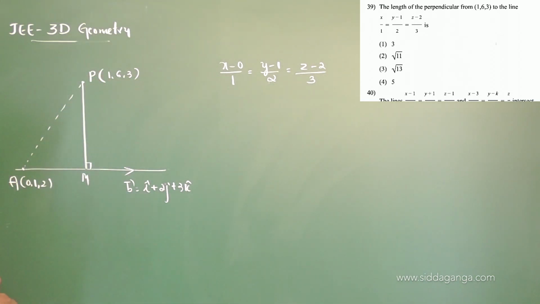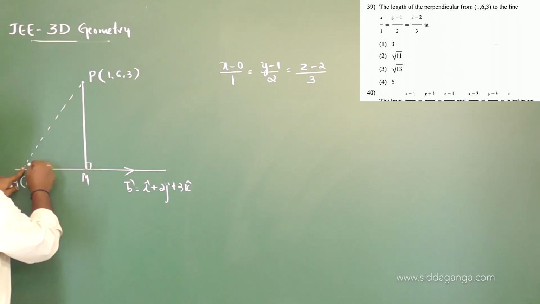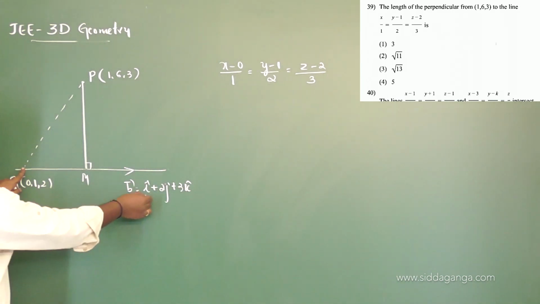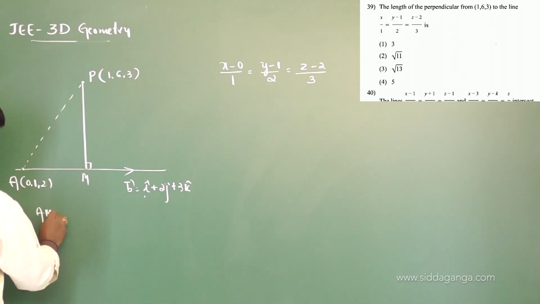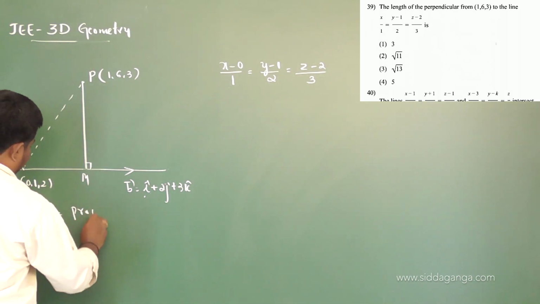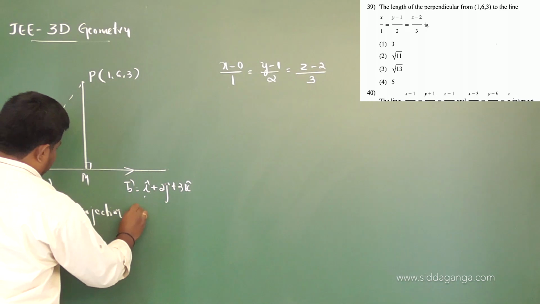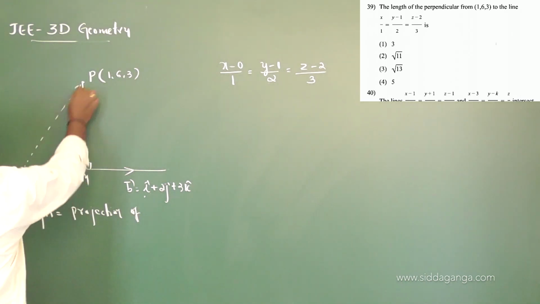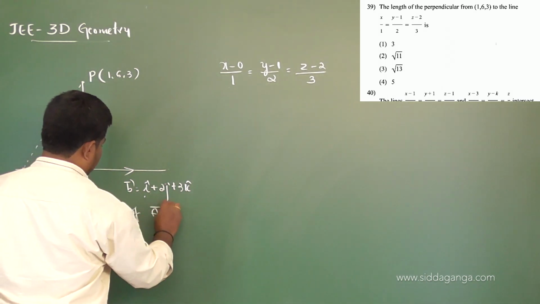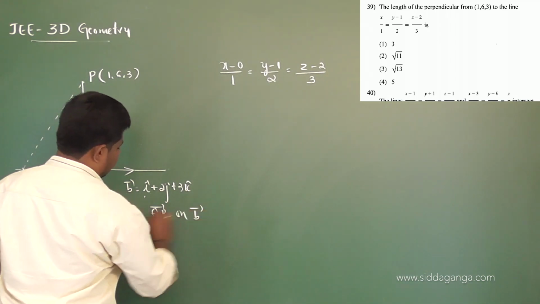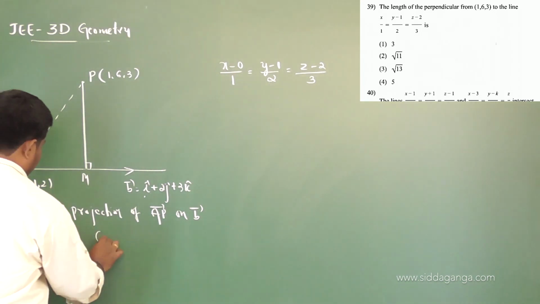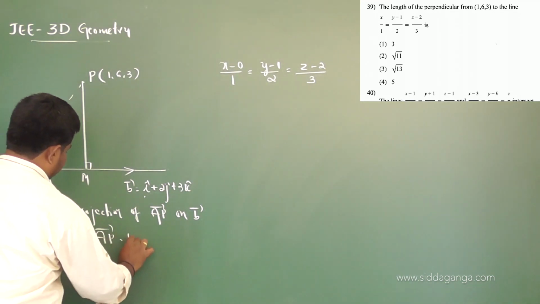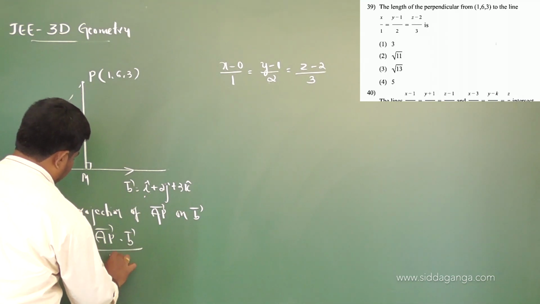Okay, let us use the concept of right angle triangle. So, you observe here AM is a projection of AP on the vector B, right. So, AM equals the projection of AP on B. Hope you are good in projection, right. So, now this gives what? Projection of AP on B is AP dot B whole divided by magnitude of B.